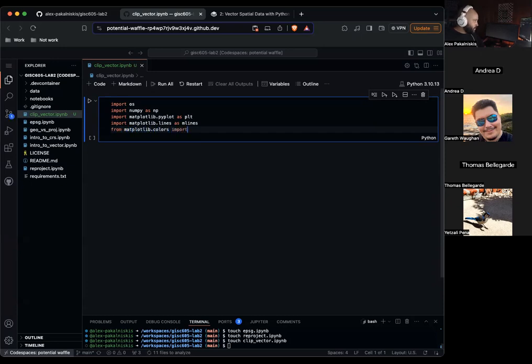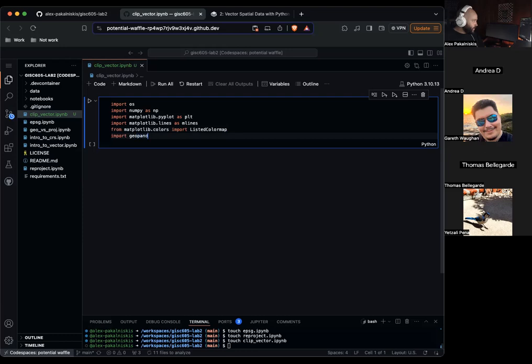Also another one, ListedColormap. Import geopandas as gpd.